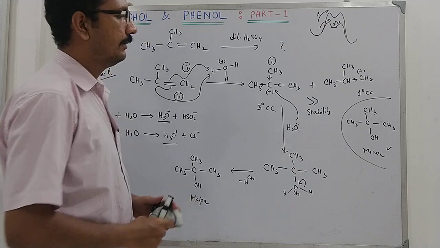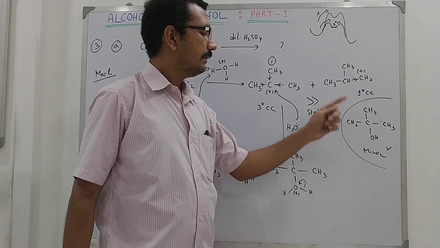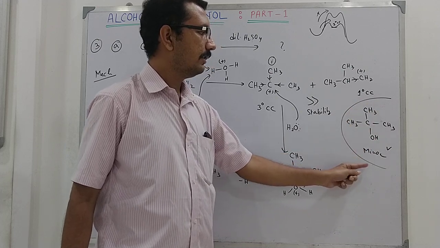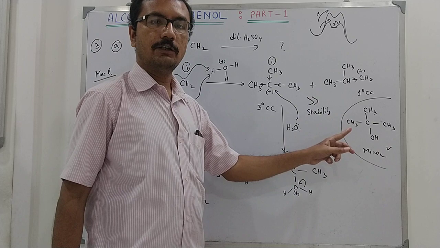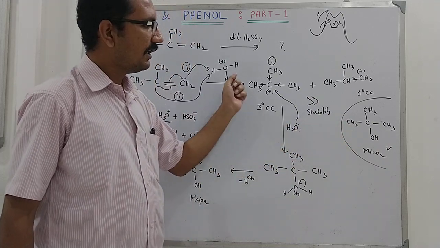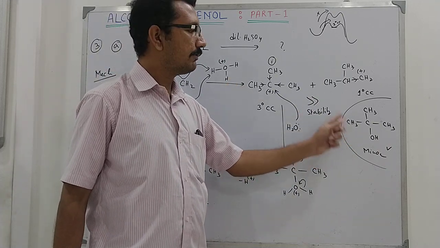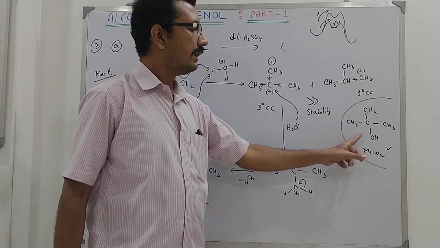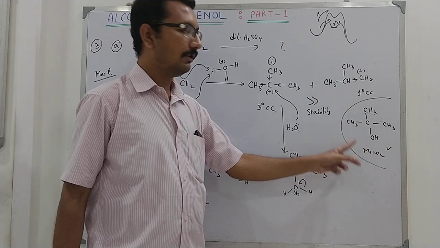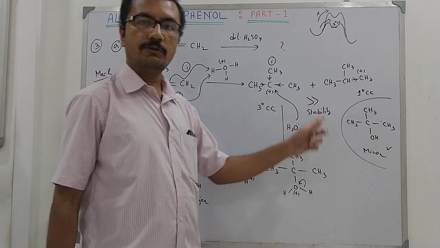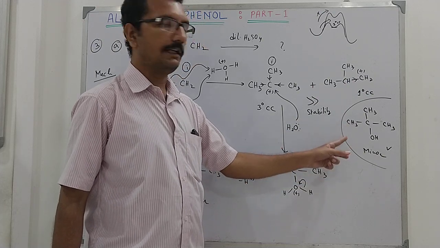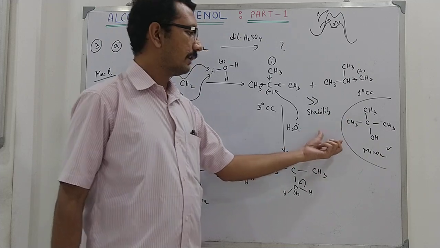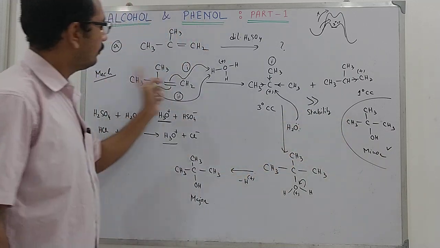So I have told you that in coming reactions I will show you how to synthesize this as the major product. So to synthesize 1 degree alcohol, you may opt for the nucleophilic substitution using aqueous NaOH or aqueous KOH from 1 degree halides. But for synthesis of tertiary alcohol, don't use aqueous KOH or aqueous NaOH upon the tertiary halides, because that is going to give you only alkenes as the major product. To have the 3 degree alcohols, follow this path.